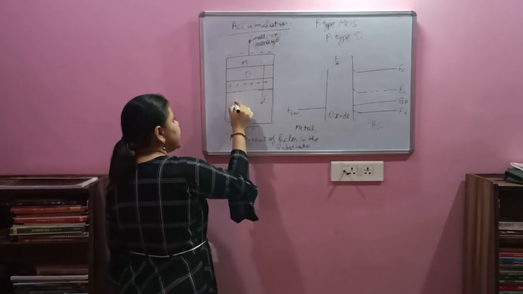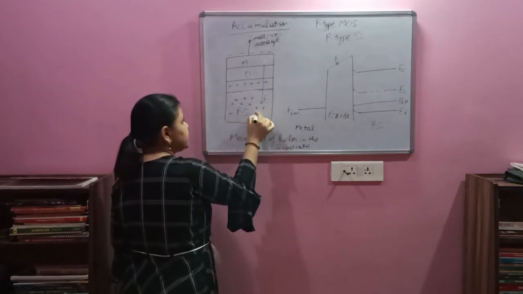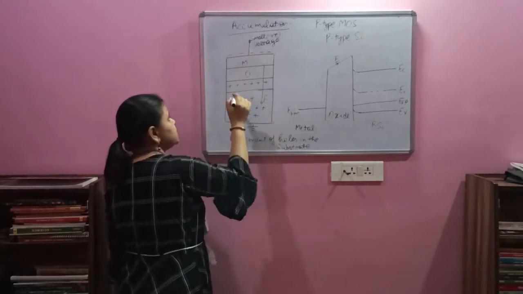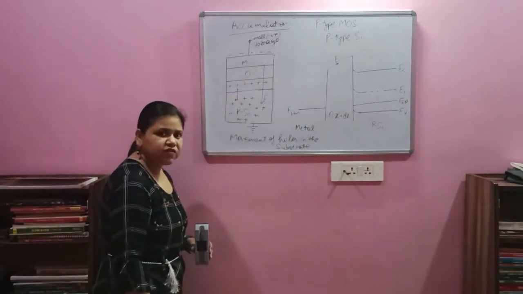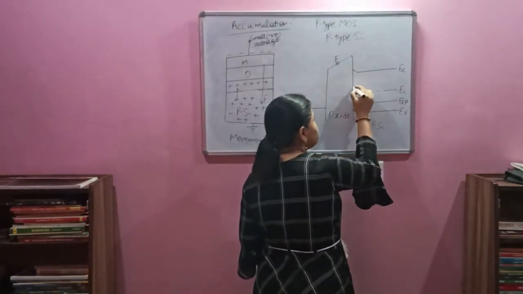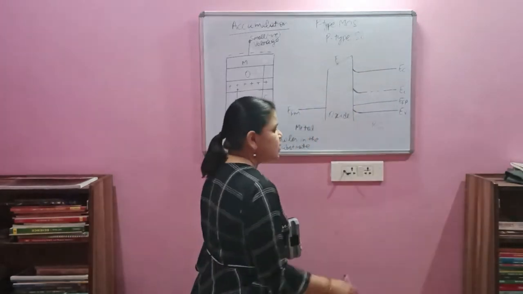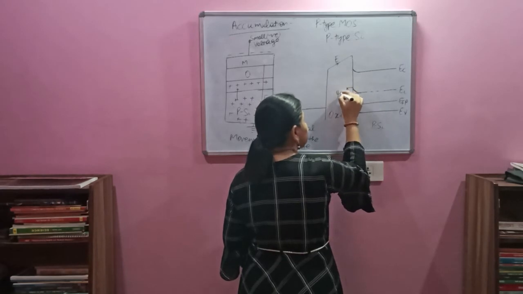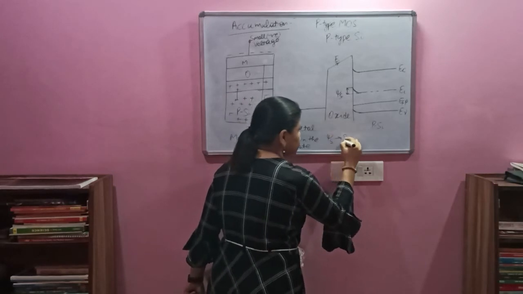This is the easiest way to remember which side the bands will bend. Now we know that holes are present all over in the substrate because it is p-type, it has a majority of holes, and because of the negative charge applied at the gate terminal, holes have moved upside. So the bending of the energy bands is towards the upside. And how much will this bending be? The potential by which this is bent is known as psi s, which is the surface potential.